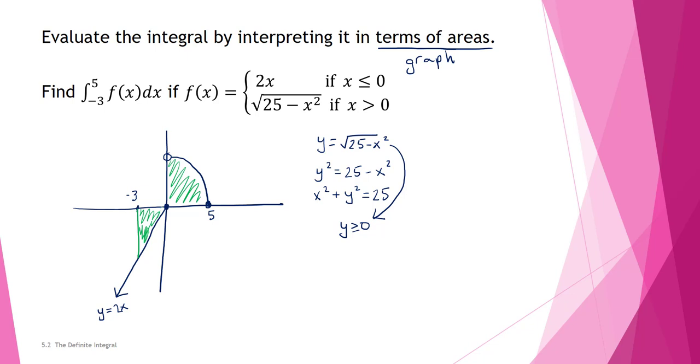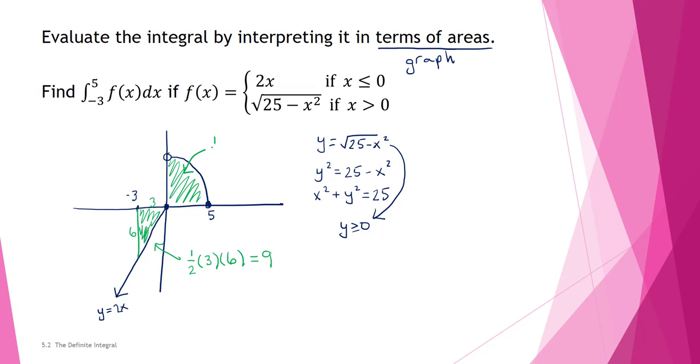Now, if we look at this triangle, this side of the triangle has length 3 because it's from -3 to 0. This side of the triangle has length 6 because the slope is 2x. So this triangle, the area is 1/2 times 3 times 6, which is 9. Okay. Now, thinking about this quarter circle,